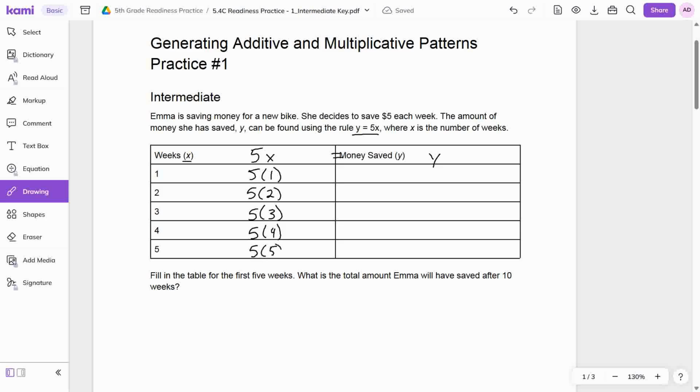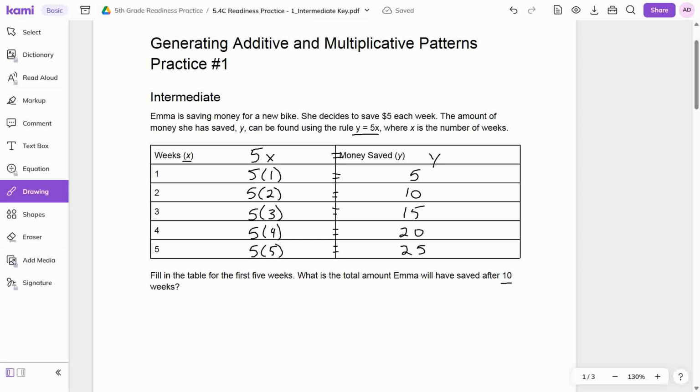So really what we're doing is we are just going to take each of those expressions. We're going to simplify them. 5 times 1 makes 5. 5 times 2 makes 10, and so on. And so it looks like we're just counting by fives if we're looking up and down, but really we're going side to side. We need to know that rule, y equals 5x,